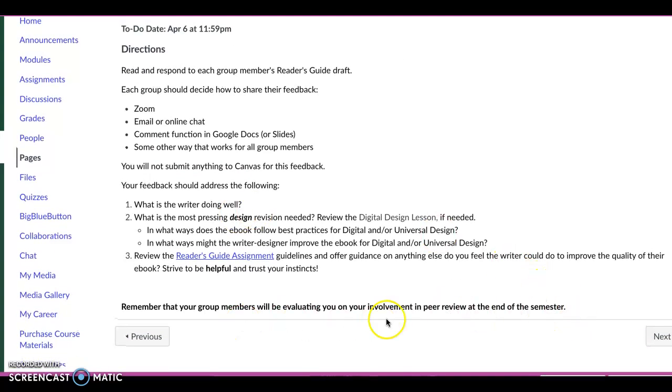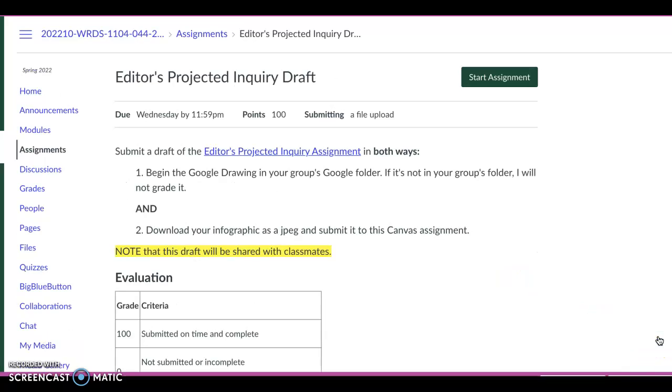And remember that your group members are going to be evaluating you on your involvement in the peer review process. And this is the first time you'll be taking up the issue of design as well, since you've had that digital design studio. Okay. And then on Wednesday also, you're going to do a draft of the very last phase